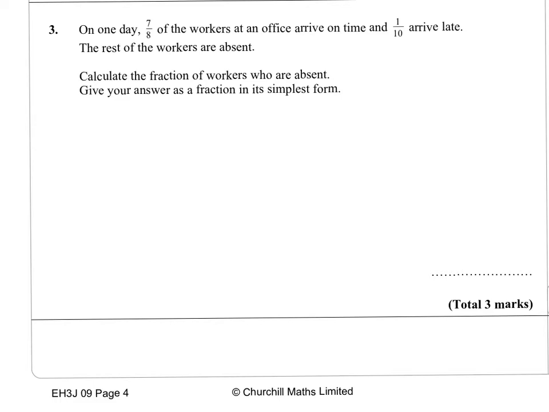What I'd do is, if I've got to work out how many are absent, let's work out a fraction together of those who arrive on time and those who arrive late. So we're going to add those fractions together. So we get 7/8 plus 1/10. Okay. Now, when we're adding fractions, we know that the denominators, the bottom numbers, have to be the